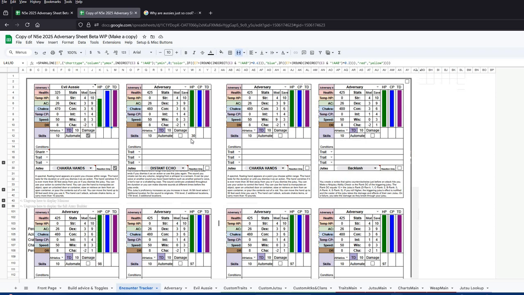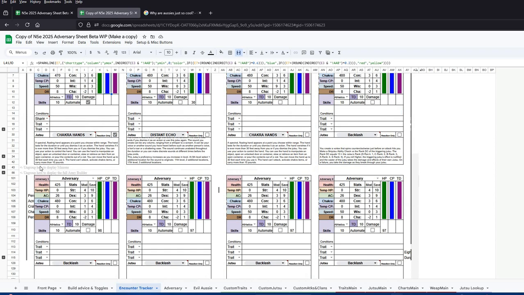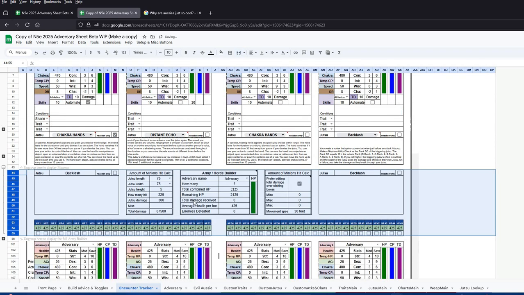So that's the second thing. The third tool that is very useful is actually hidden by default. It's to do with minions. It's an army builder, right? So how this works